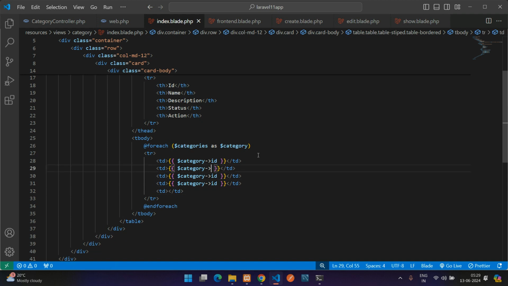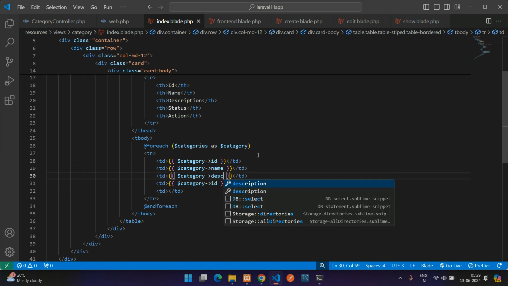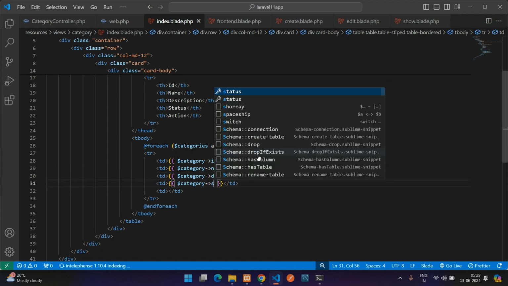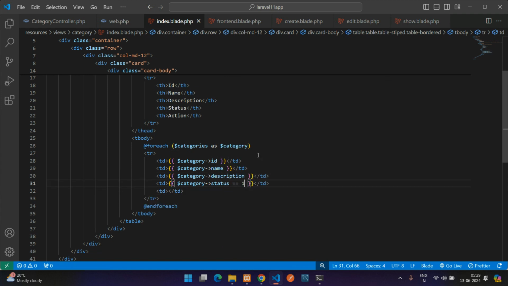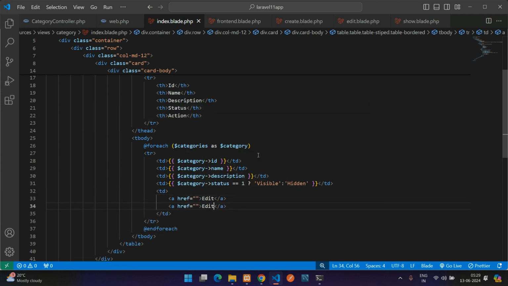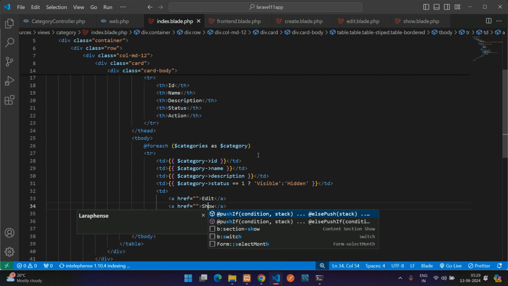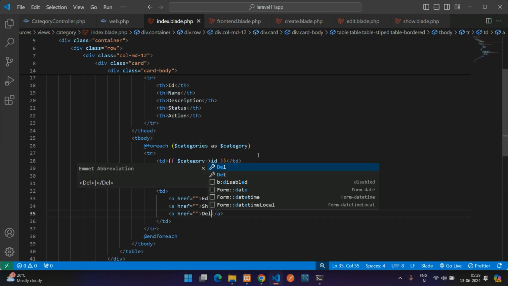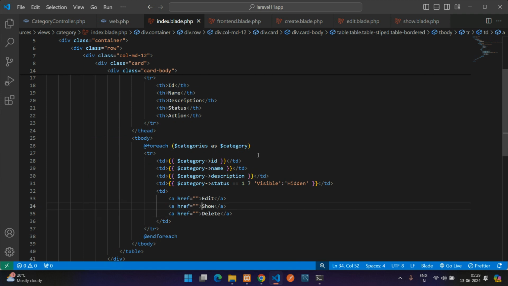So name, description, and the status. So if status equal to 1, then show it as visible, else hidden. So visible else hidden. Okay. And finally a button for edit, show, and delete. Okay. So yep, now let's create a